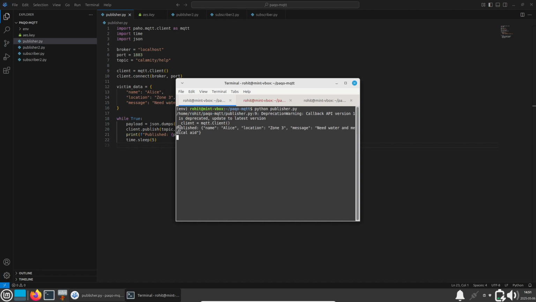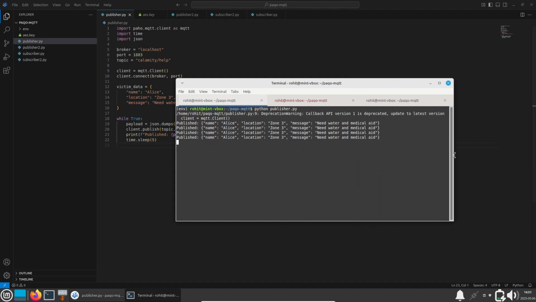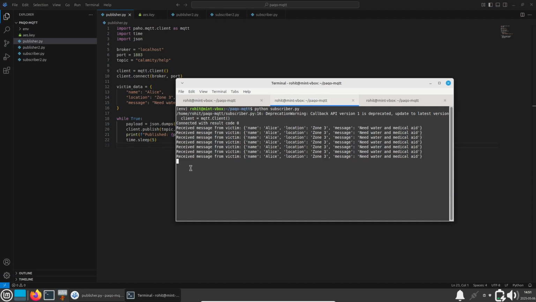So you can see it says published with the JSON file with the name Alice, location zone 3, message need water and medical aid. Wait, I'll just expand this screen. Oh, I'm sorry. So you can see it's getting published every 5 seconds, because in the code I have kept a time.sleep of 5. So in the subscriber.py file you can see it says received message from the victim with the name